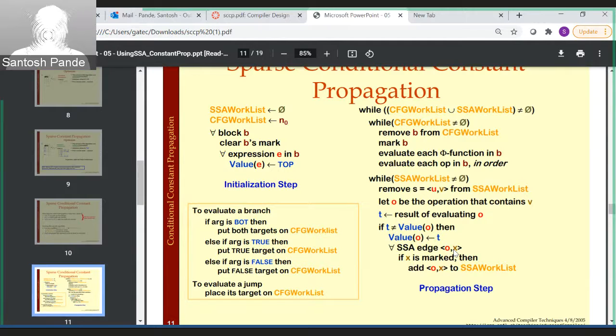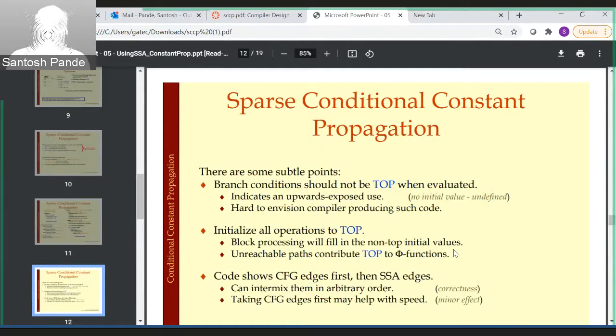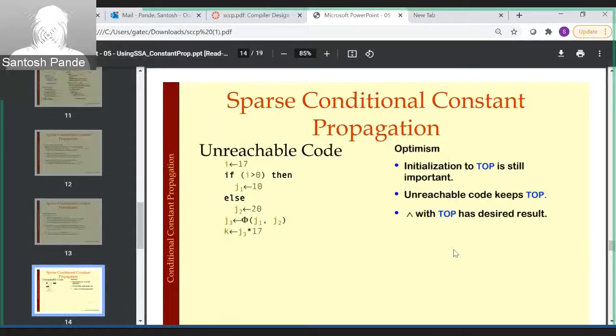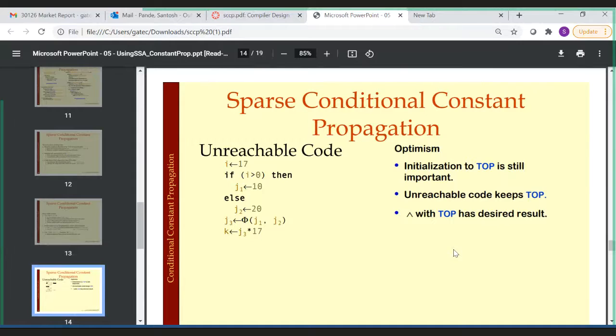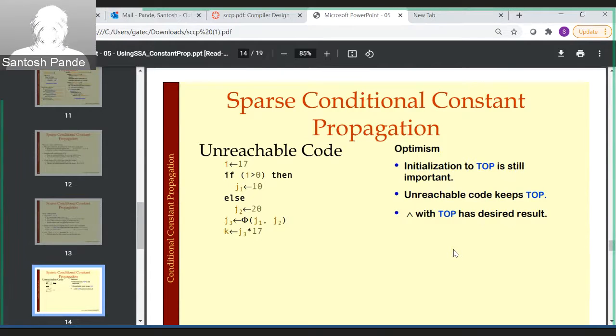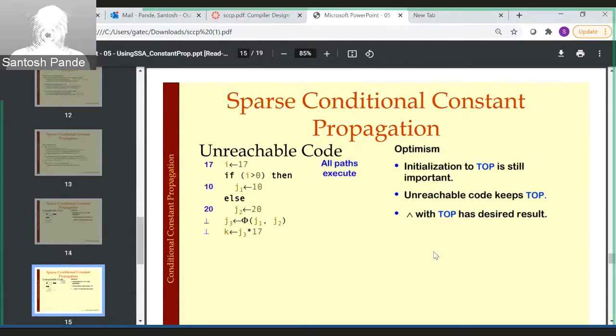And the way things will work because of this, it will pick up unreachable code, and it will have a very nice way of keeping the constant as reinforcing the constant. So you can see here in this particular case